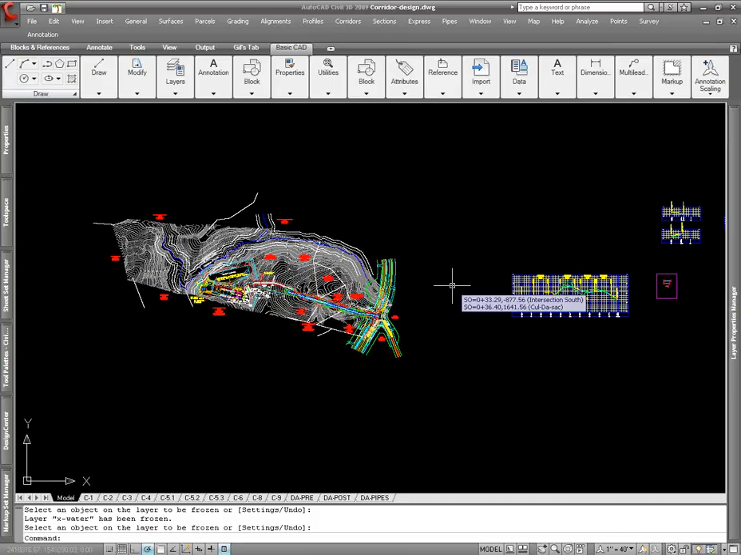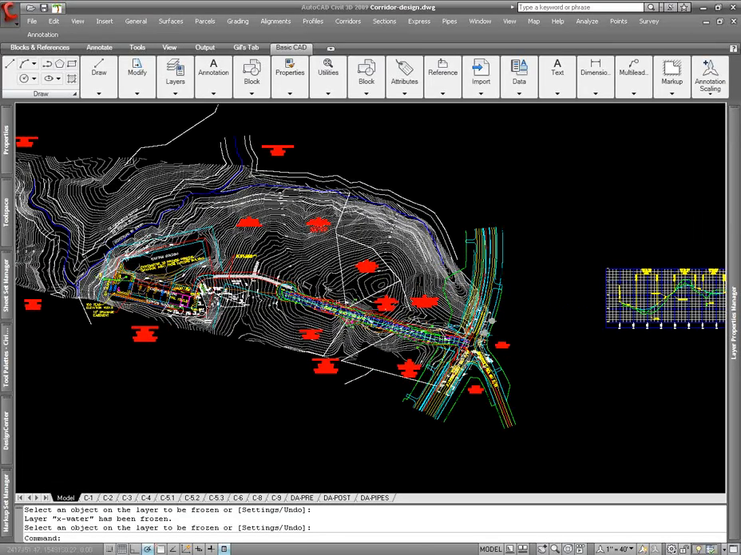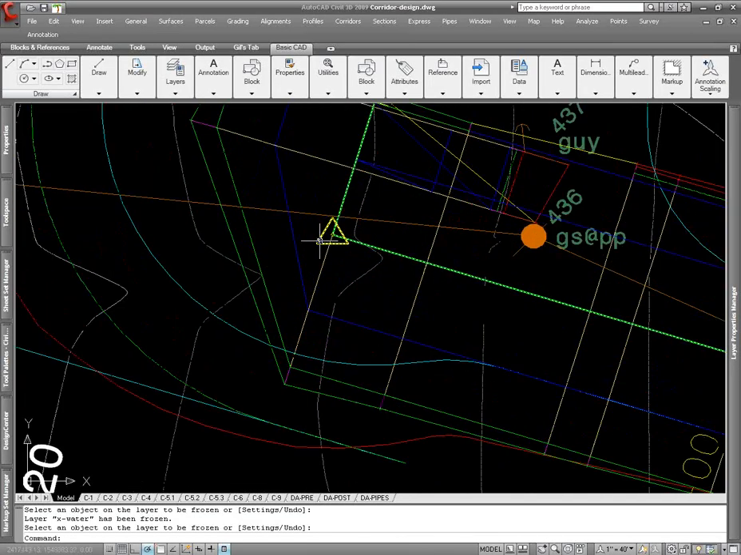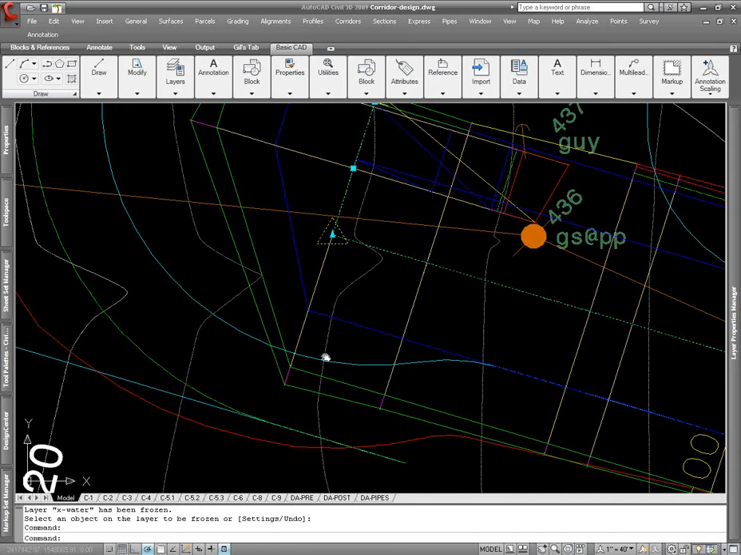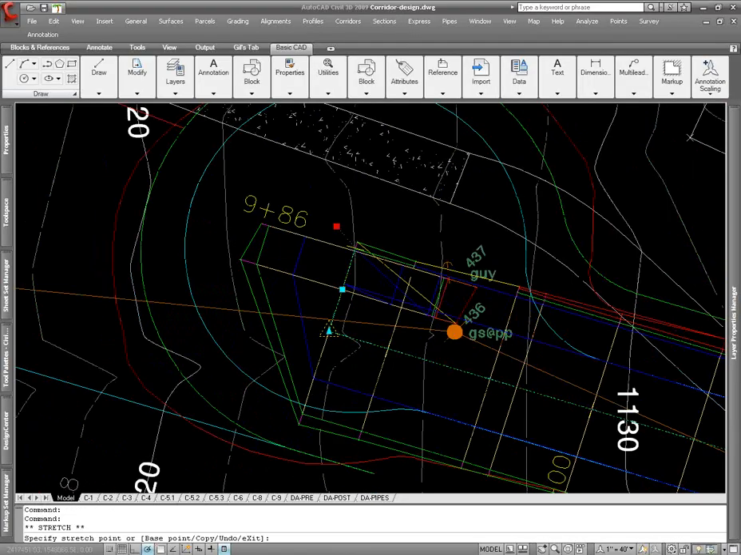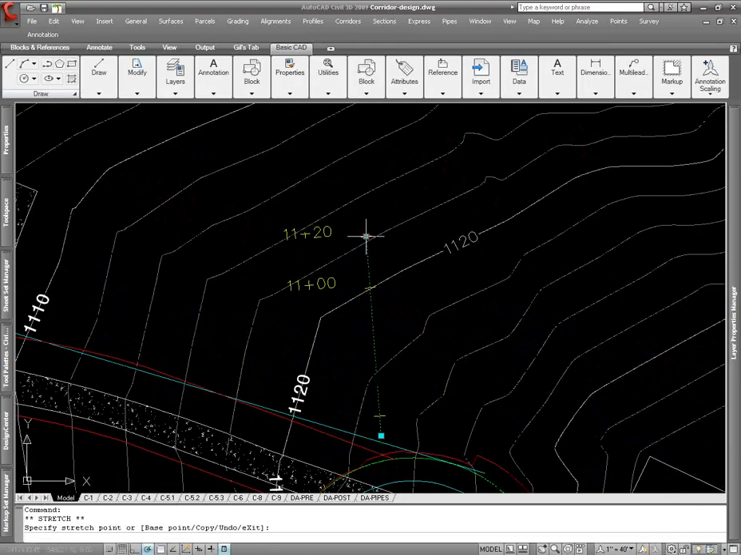If you need to move a PI, just click on it, highlight it, grab the grip, and move it. Once it's done, the corridor will update. Let me just use a real quick example. Here is our alignment that we have. If we want to change the end of this road to be over here, we just click and move it